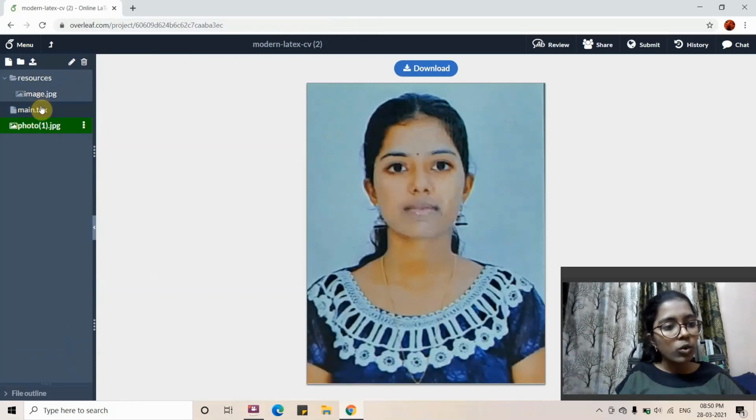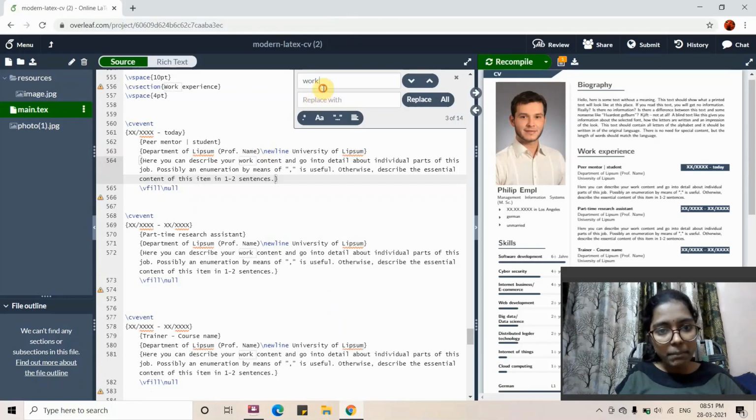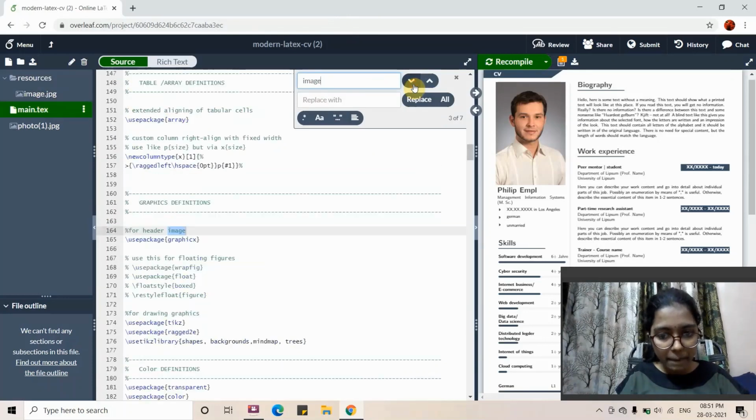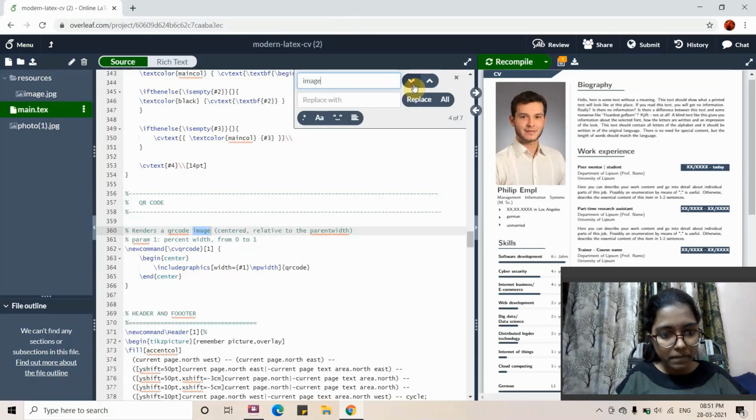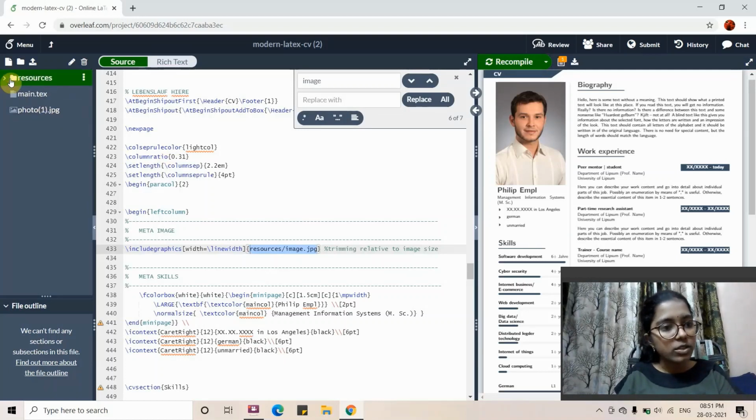Okay, so I'm going to the main source code. Just type here, this is image.jpg. Just type the image where my image is present, or you can type image.jpg. What you have to do is give the path of your photo. In this example, my path is resources and image.